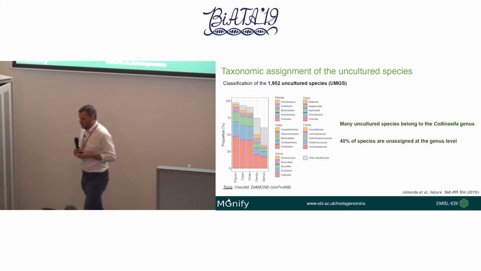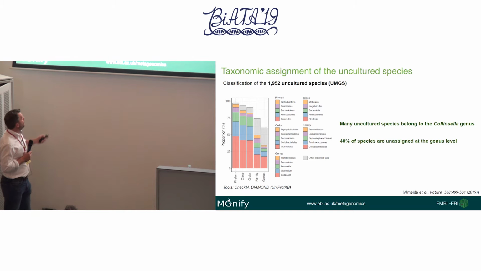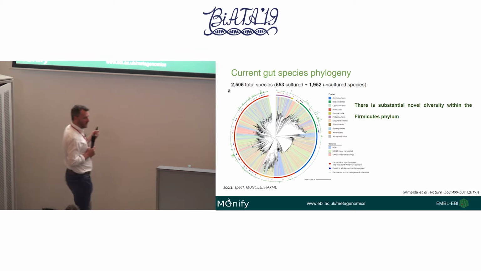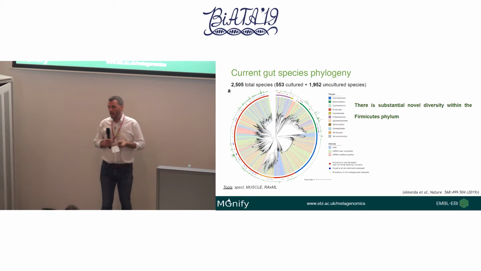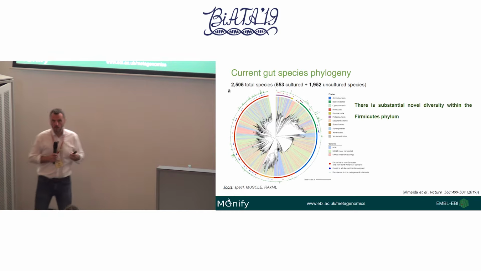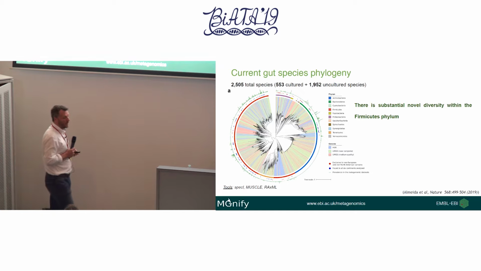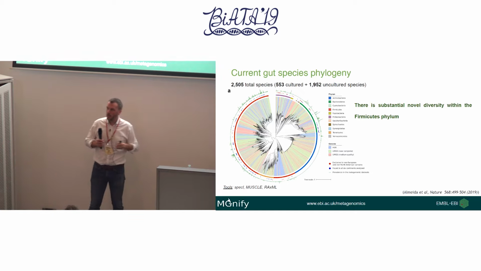If we put this in a more global context of the human gut microbiome, what we know today, we can draw a phylogenetic tree using SPIRE and the marker genes. So this is 40 marker genes for drawing this tree. Around the outside, in these various colours, are the phyla. Inside you'll see these different colours coming off the tips of the tree. Now blue means it is an isolate genome. Green means that there is a high quality MAG, so more than 90% complete and less than 5% contamination, and red is that QS50 set.